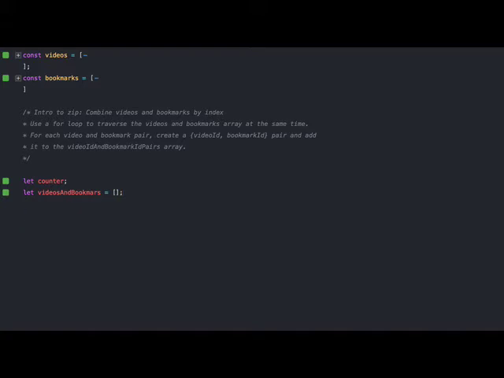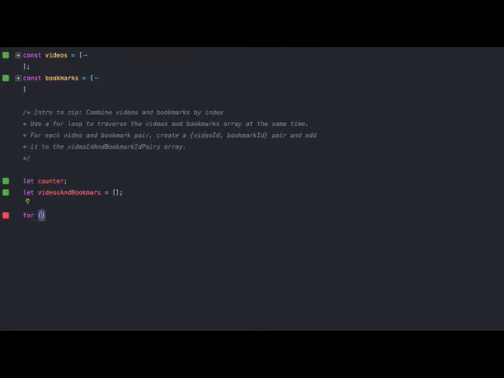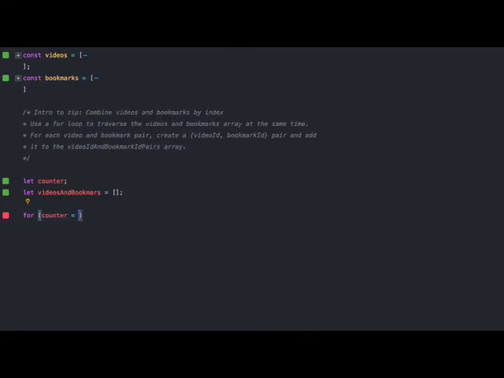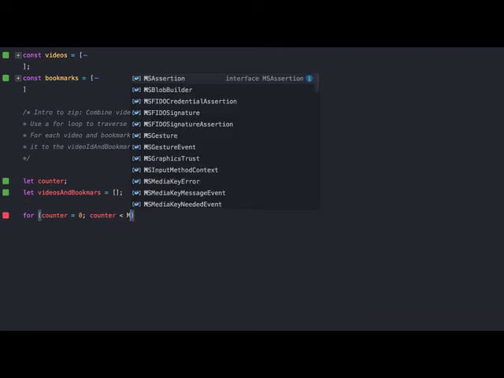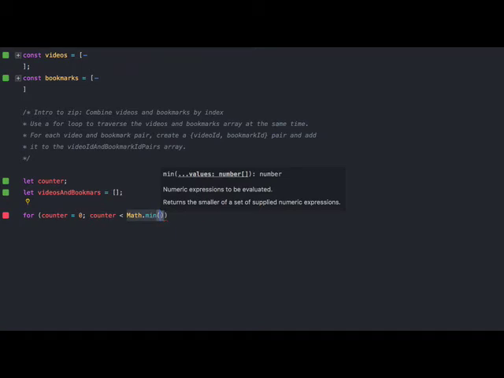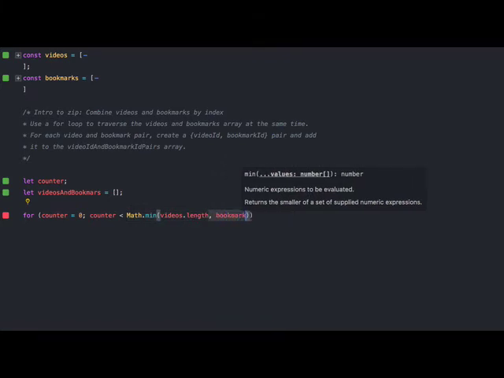Now, in order to bring this together, we need to be able to loop over these. Our counter is going to hold the state for us, and we're going to start with the counter at 0. Then we're going to check to see if the counter is less than Math.min of videos.length and bookmarks.length,